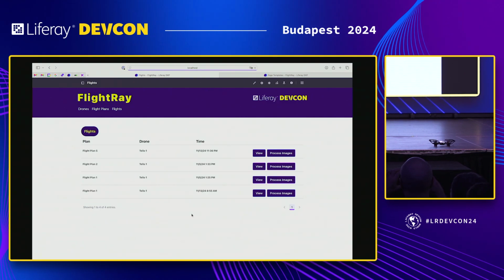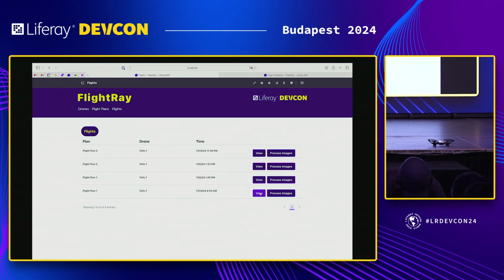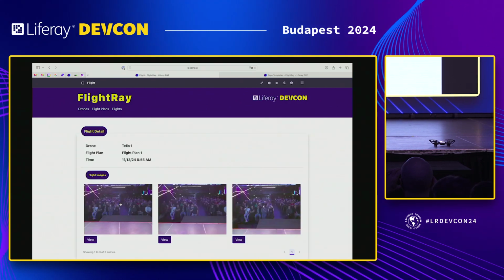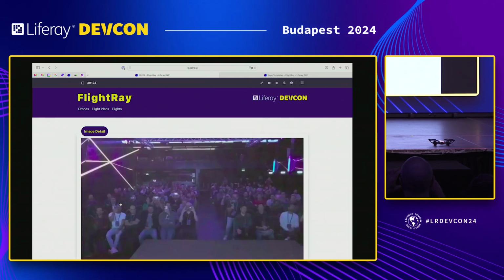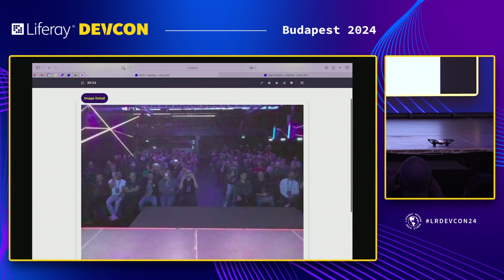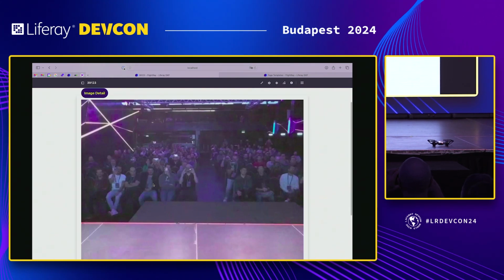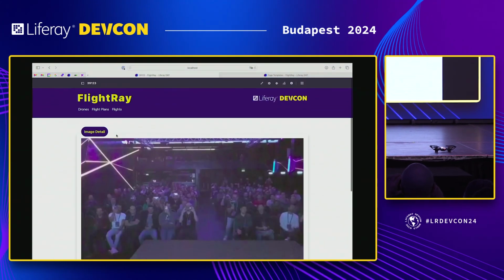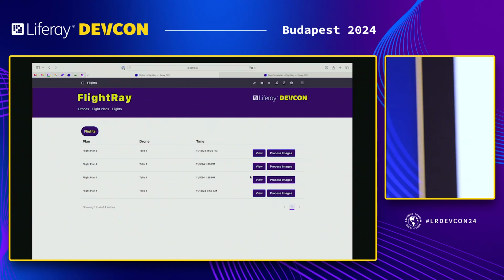Here in flights, let's see. Yeah, today. Oh, the audience. As I said, the image is not good. The quality is poor because of the light. But I have one real image here.